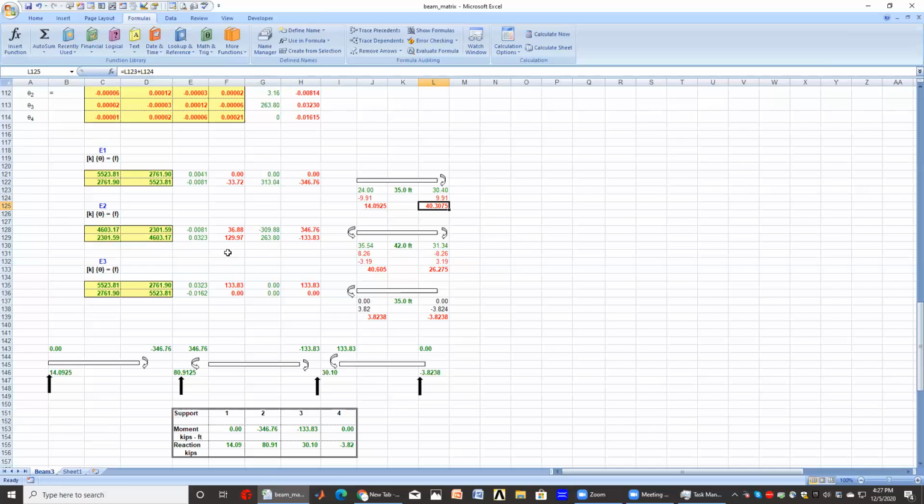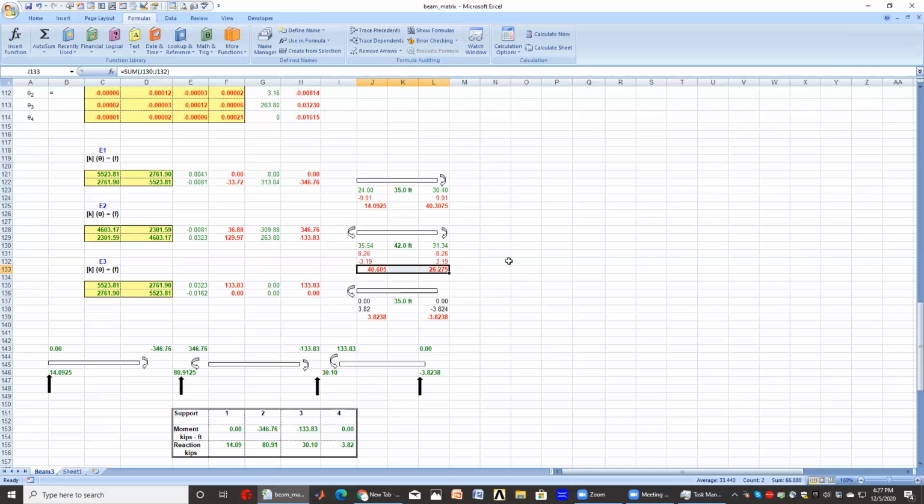Similarly, for span number two, I end up with two moments. So these first are the reactions that I got from the fixed evaluation in the very beginning. Then for this moment, which is 133, I get a 3.19 and minus 3.19. For this one, I get 8.26, and now this one is going up and this one going down according to this moment, which is the 346. I add them up,